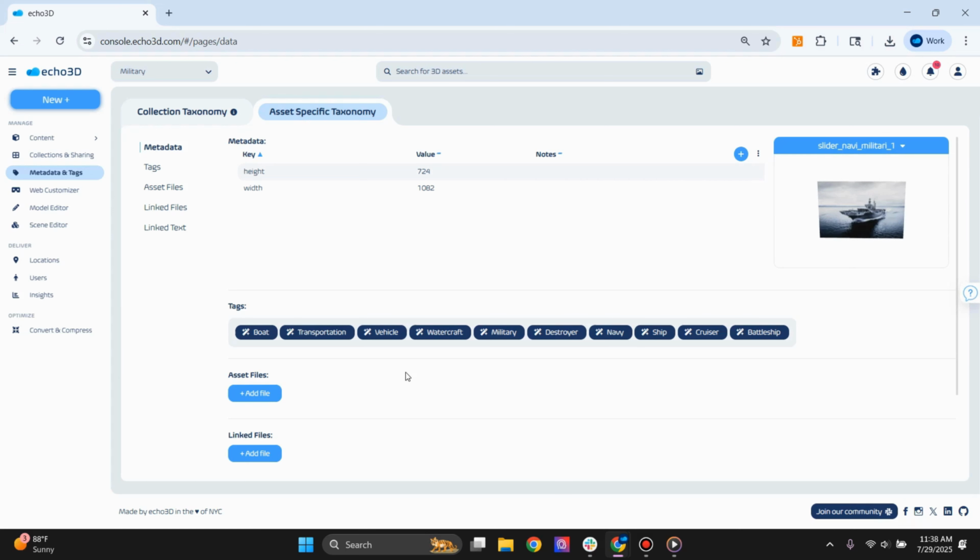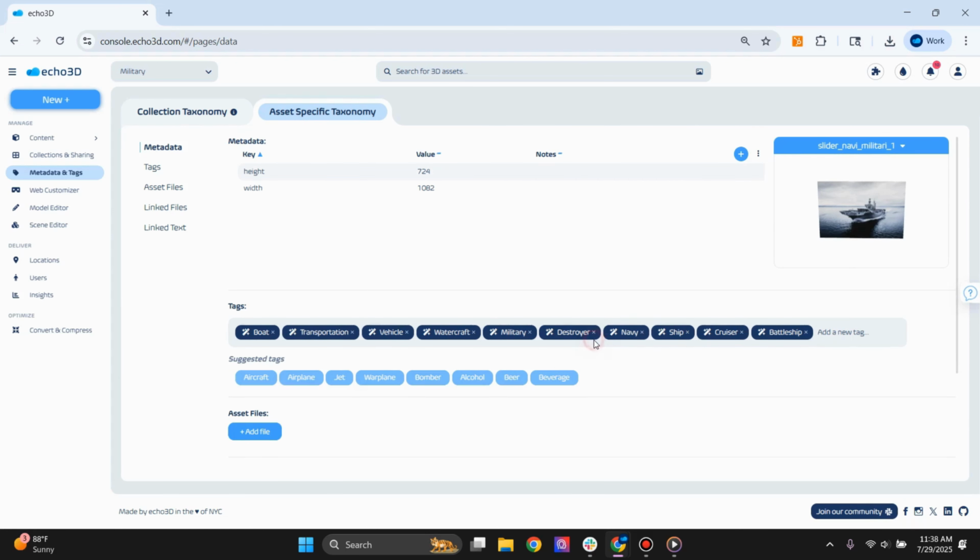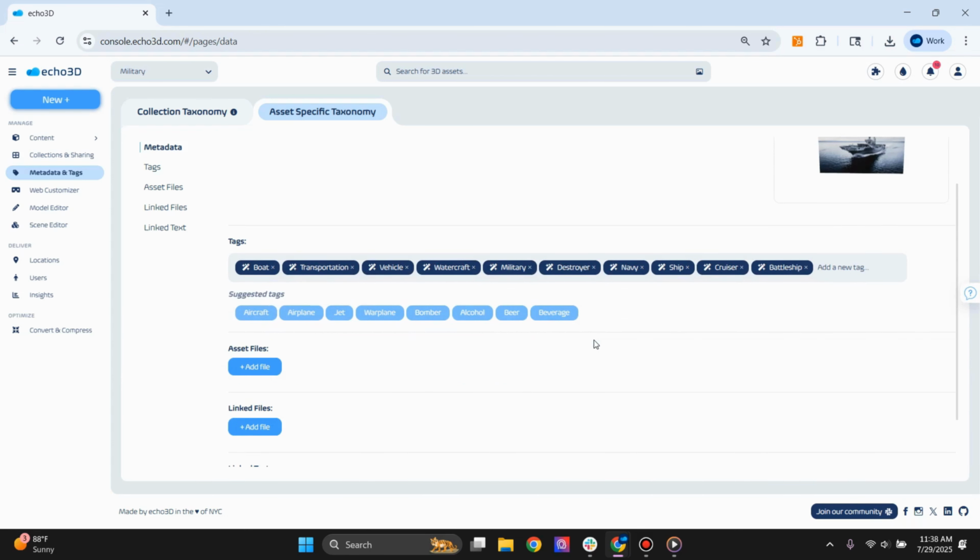You can then manually add more tags to your asset or your collection, or easily remove them. You can view the texture and material files of a specific 3D asset under Asset Files. You can download or edit each asset file. If you click Edit, you'll be moved to the Model Editor, where you can update these asset files through a